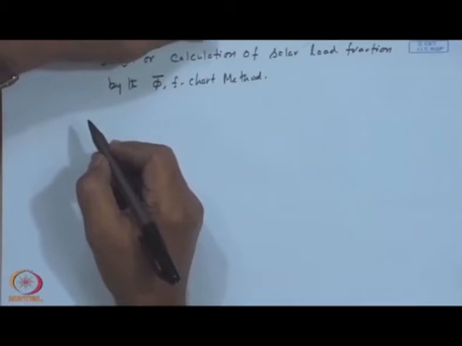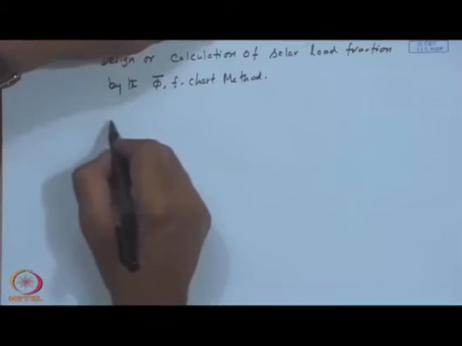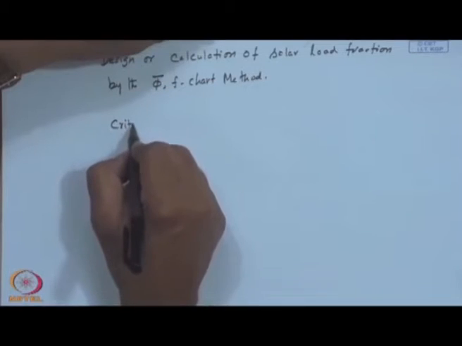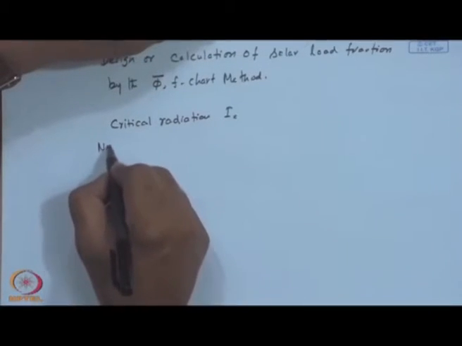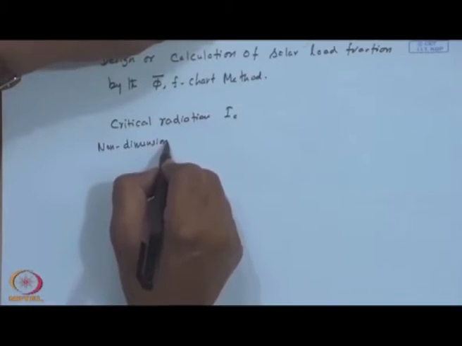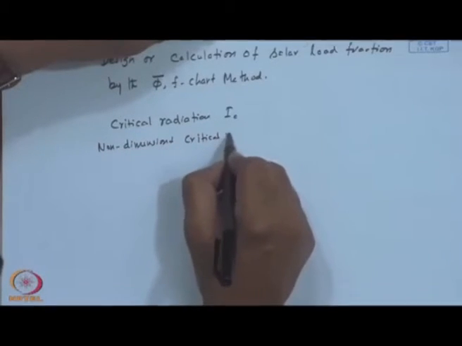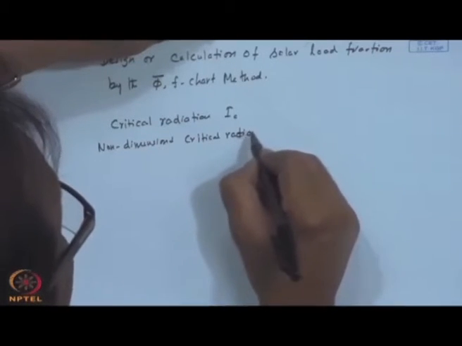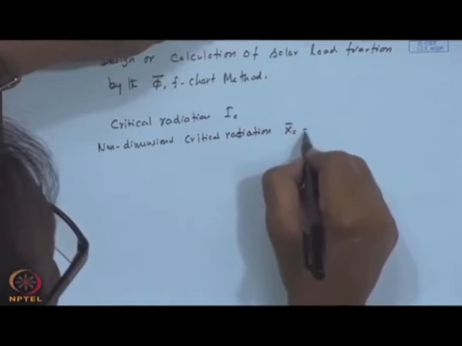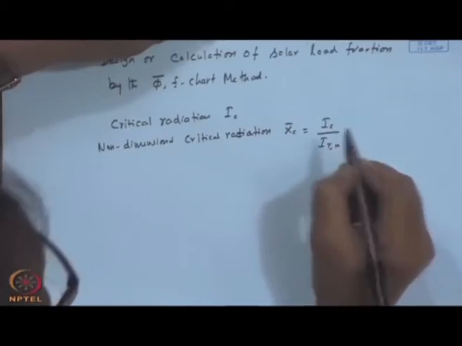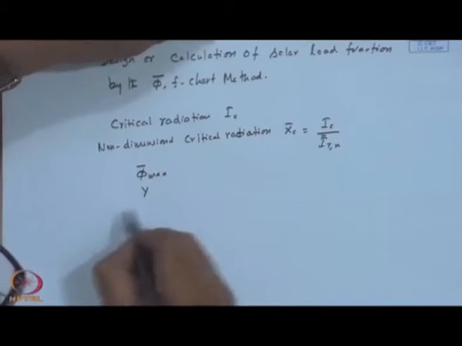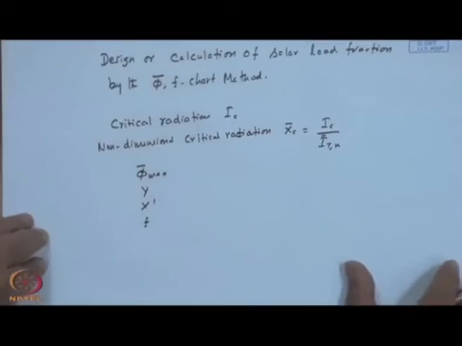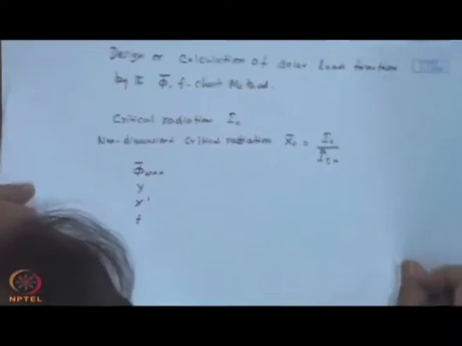So, I need the non-dimensional critical level first of all, for which I need the critical radiation level, I C, and non-dimensional critical radiation X C bar equal to I C by I T at noon on the average day of the month, and then phi bar max, Y, X dash and then F. Okay. So, this is the sequence in which we proceed. So, out of which the first calculable quantity is this I T noon, for which we need